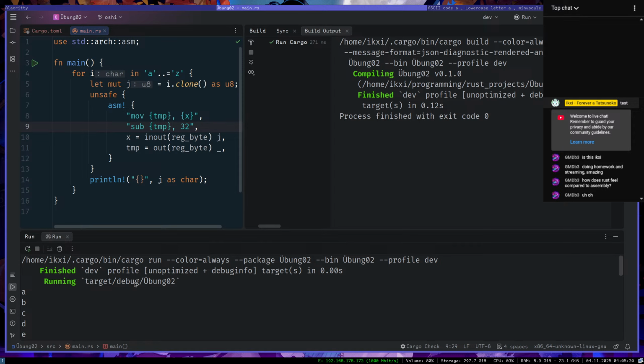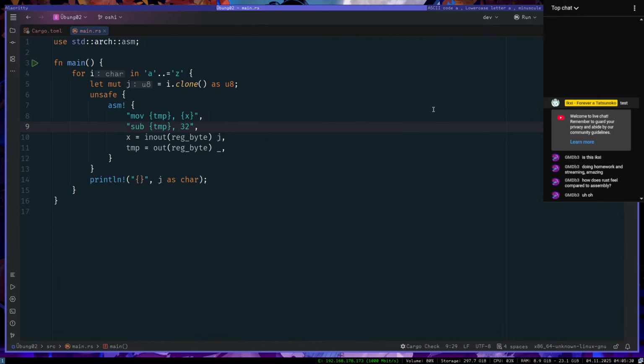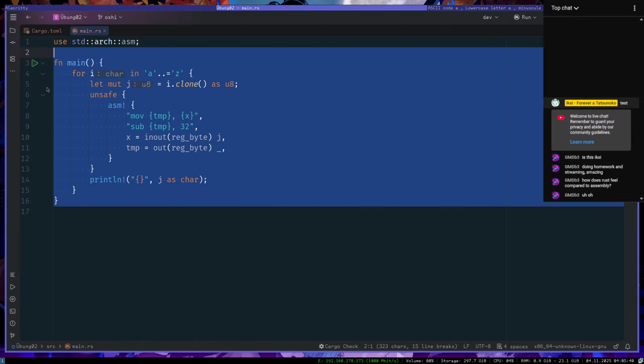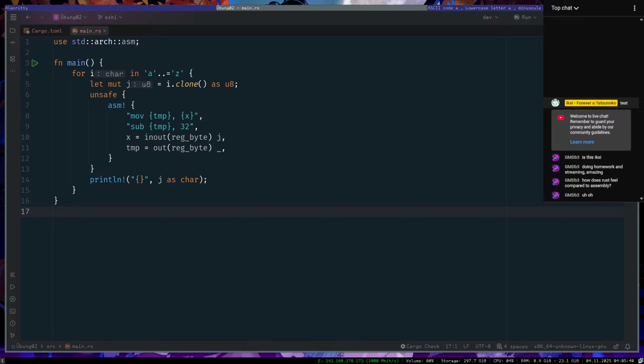Okay, it didn't work. Let me just quickly check what the hell is going on. I think I just don't understand the inline assembly at this moment.